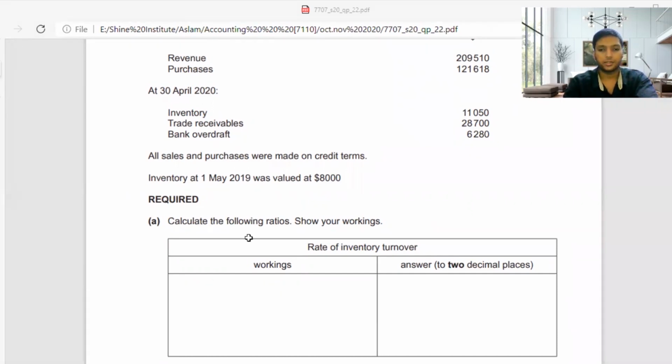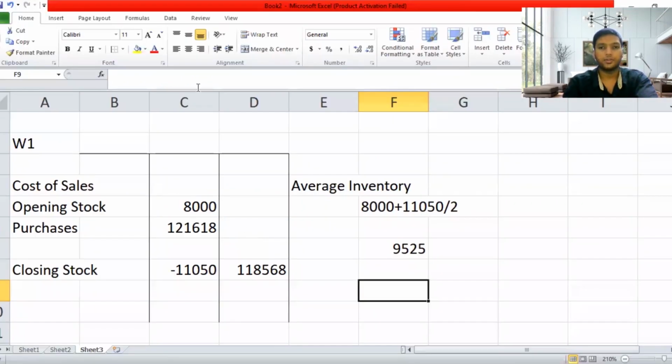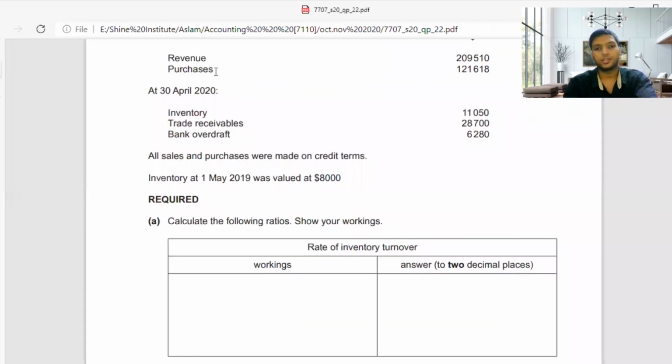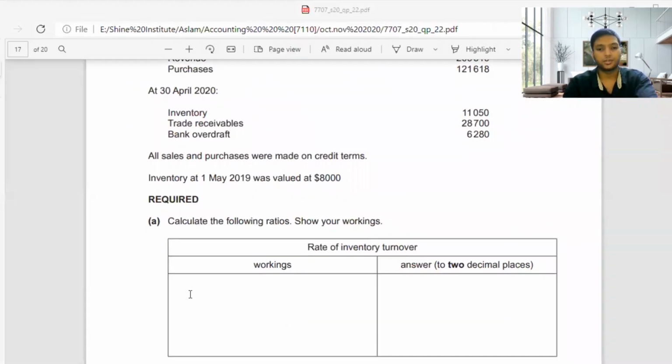Let me select 118,568 and 9,525. Okay, so now I got this value. So 118,568 divided by 9,525, how much will I be getting? I'll use my calculator. You also have a calculator. Please use it when you are doing the adjustment with me. 118,568 divided by 9,525 will give you a value of